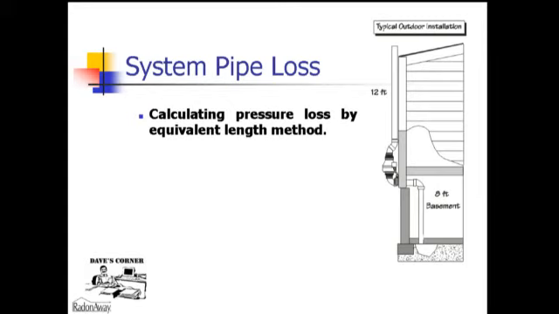Here is a typical residential ASD system. It's an outdoor installation, and it uses a minimum of 20 feet of straight pipe, which is 8 feet for the riser in the basement. It goes to a 90-degree fitting to exit through the band joist, another 90-degree fitting on which we mount the fan, and then 2 45-degree bend fittings that will get the pipe back along the wall and 12 feet to get above the roof. So let's use our equivalent length method to determine how much pipe is actually used in